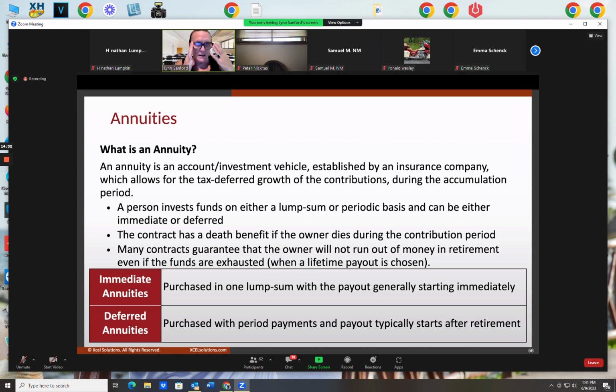of this contract. So the contract has a death benefit if the owner dies during the contribution period, during the accumulation period. The death benefit is the amount of money I placed in it plus the amount of money it's become. That is the death benefit on an annuity. See, life insurance was this. You paid this premium in, and this was the death benefit paid out to your beneficiary if you died. And the difference between those 2 numbers is the net amount of risk that the insurance company assumes on their shoulders. You pay this premium, you have this death benefit paid out if you die.